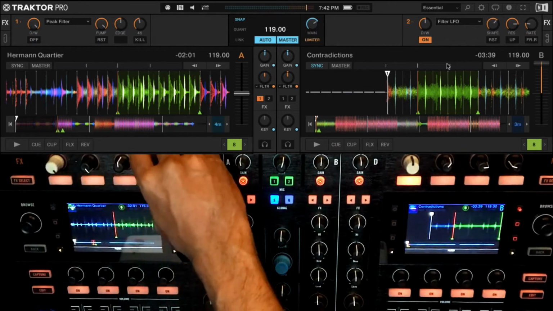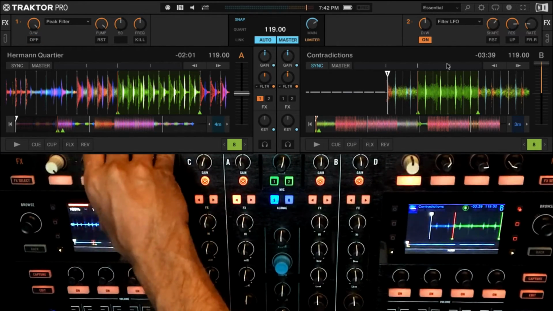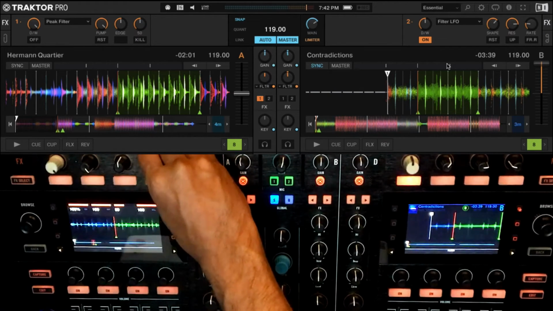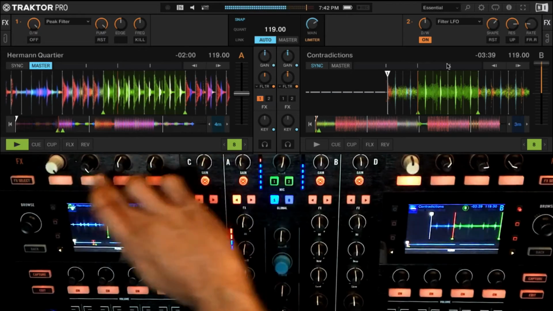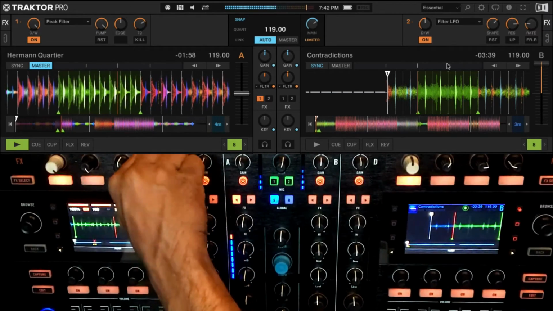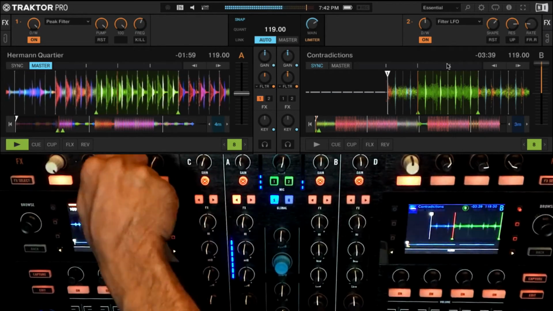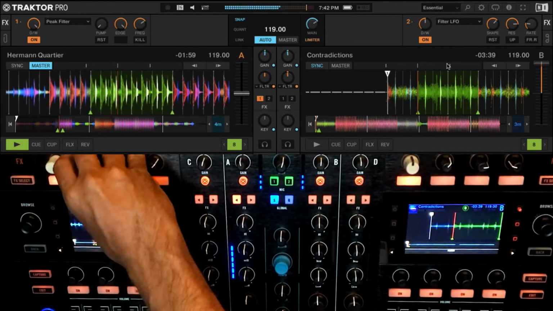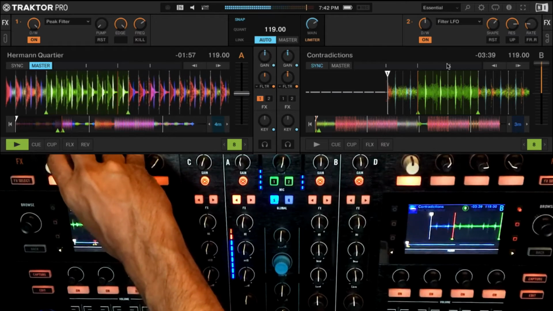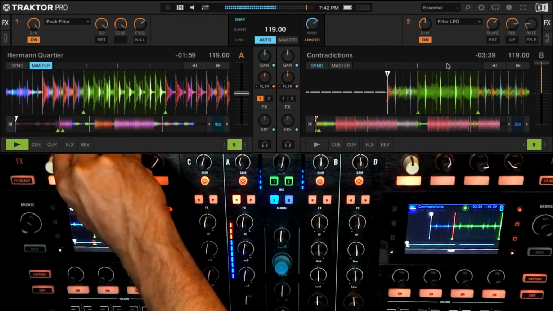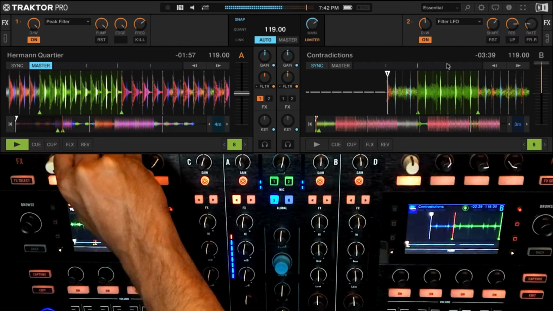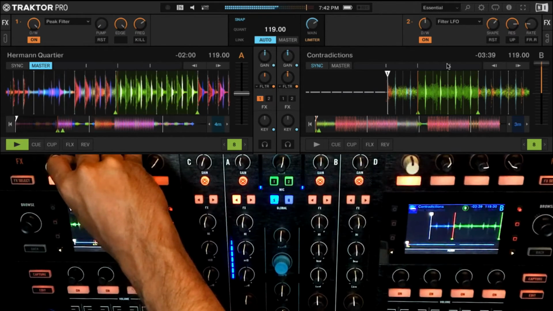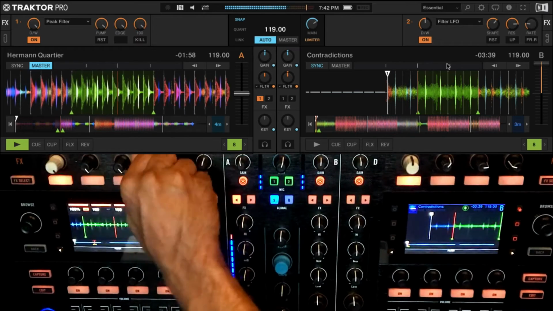Next one is peak filter. It has more of a sidechain sort of effect with the pump and the edge for resonance and frequency. Edge is your resonance. Pump will basically sidechain it to the same input of the original sound. So you see the filter sort of breathing versus it being just dry.